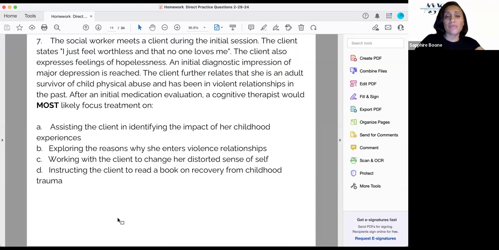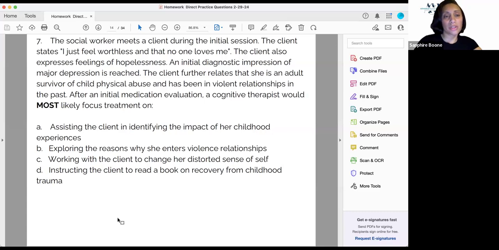So this question really was a recall question in a scenario. It is a scenario question, but because it's asking something very specific, after an initial medication evaluation, a cognitive therapist would most likely focus treatment on. So honestly, you didn't need any of the other parts of it